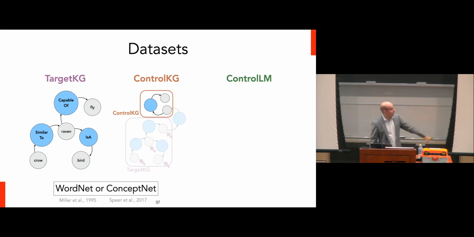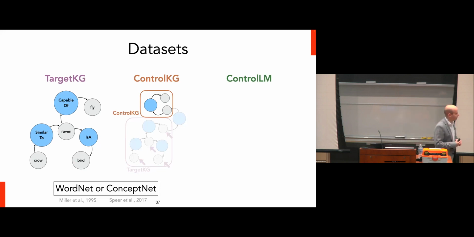To do this, we're going to identify a set of target KGs by sampling entities in that graph, and then essentially doing a multi-hop expansion of the graph. And then we take the control KG as what is outside the target KG, and then one more hop away. So there's definitely this gray zone in terms of knowledge that's not controlled for nor removed.